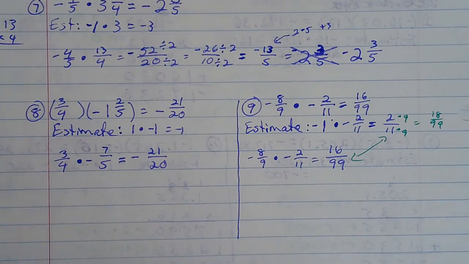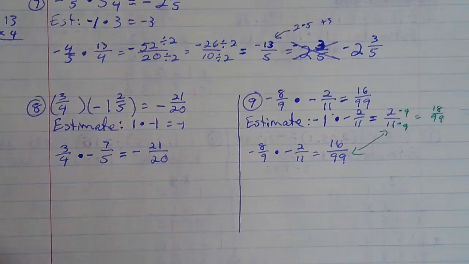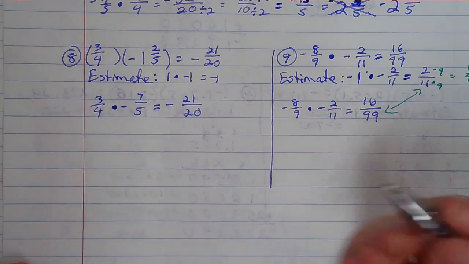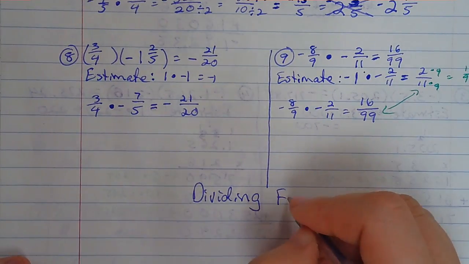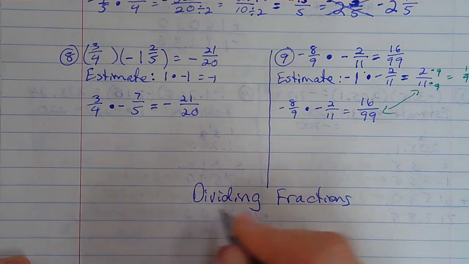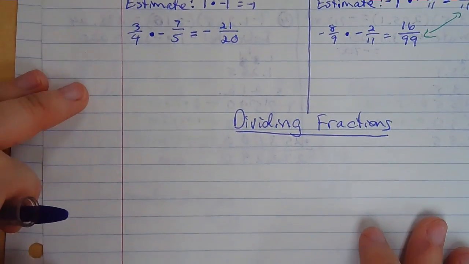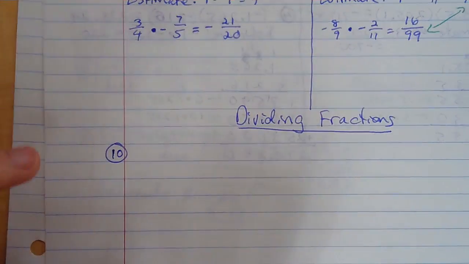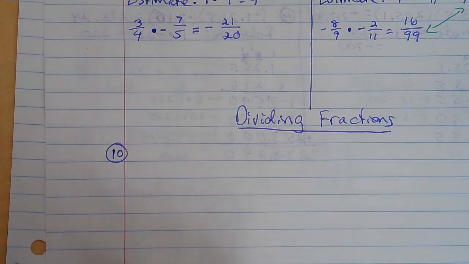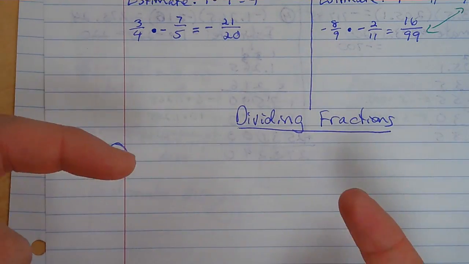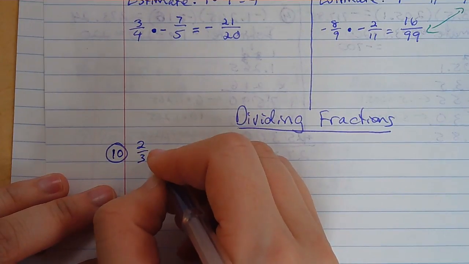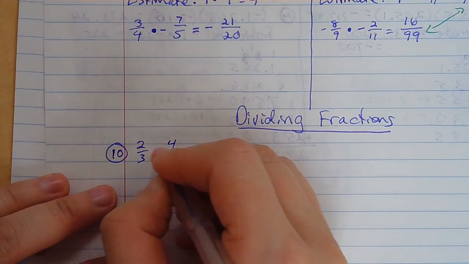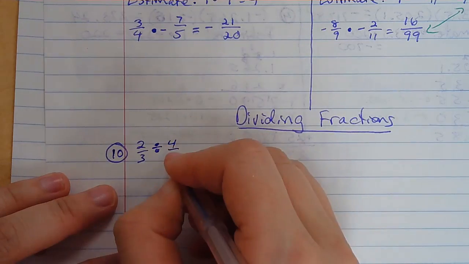So there we go. Now really quickly, I want to talk about dividing fractions, because all you're really doing is multiplying fractions with one additional step. The only thing you do differently, since division and multiplication are inverses, which means they are the opposite operations from each other. So if I take, for instance, 2/3 divided by 4/5,